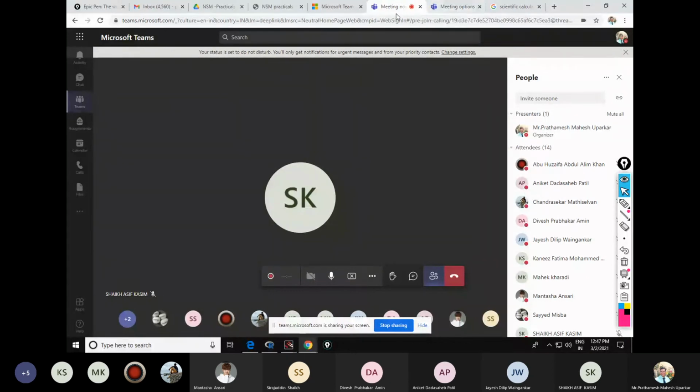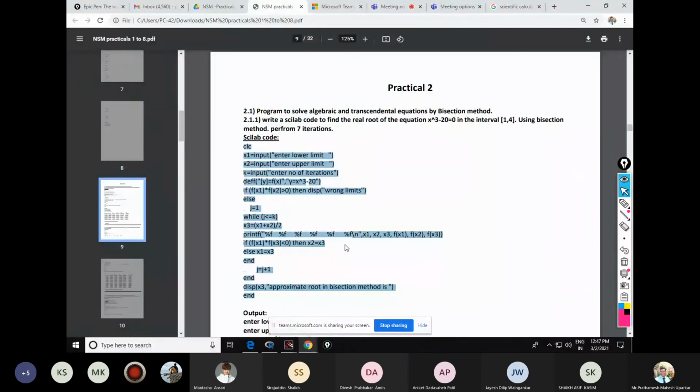In the exam also, if it is an offline exam, I will ask you to compute the answer up to 4 or 5 decimal places. Generally, I will ask you to reserve 4 decimal places. After that, you will round off. Okay. So, have you understood this practical 2A? Students? Yes. Okay. So, let's move forward.